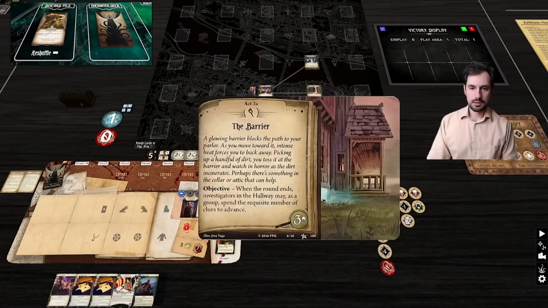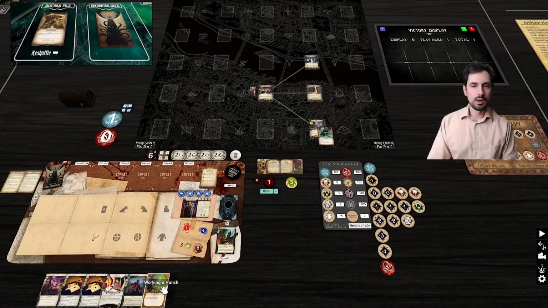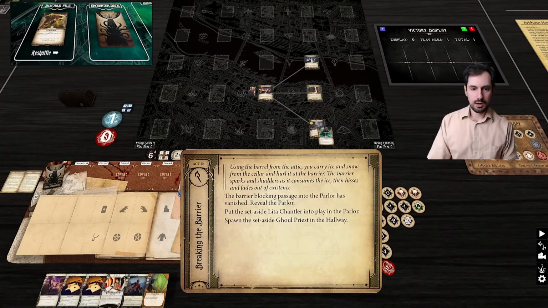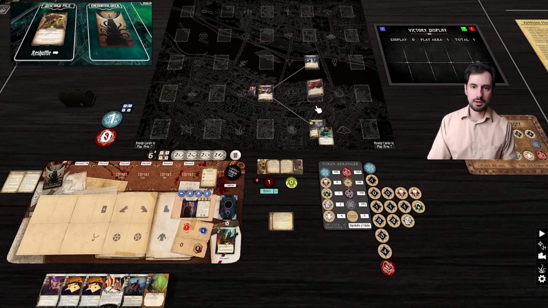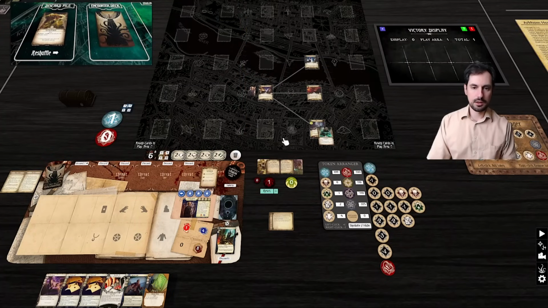All right. Let's advance the agenda at the end of the round. Go to upkeep. There's a working hunch. We would like to maybe go grab this victory point from the cellar. Let's do it. We advance here. The barrier blocking the passage into the parlor has vanished. Reveal the parlor. Okay. And now we're going to get Lita Chandler